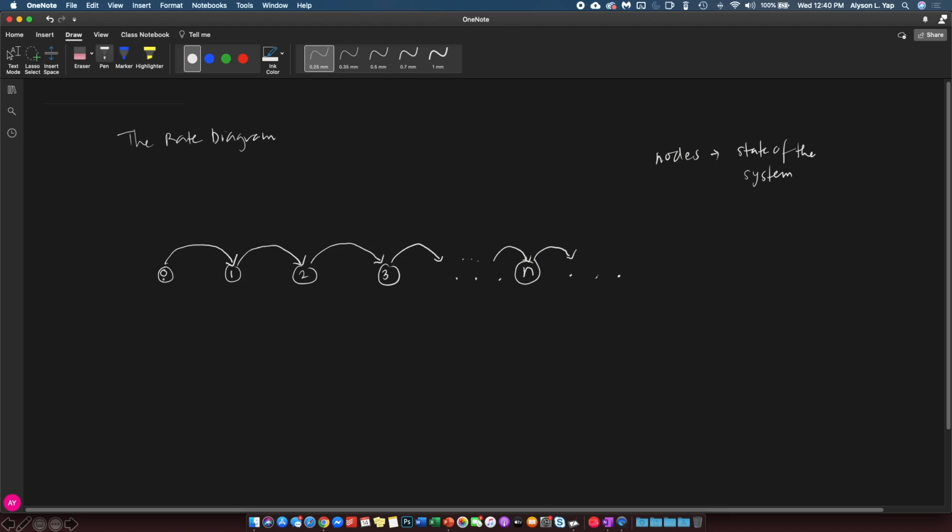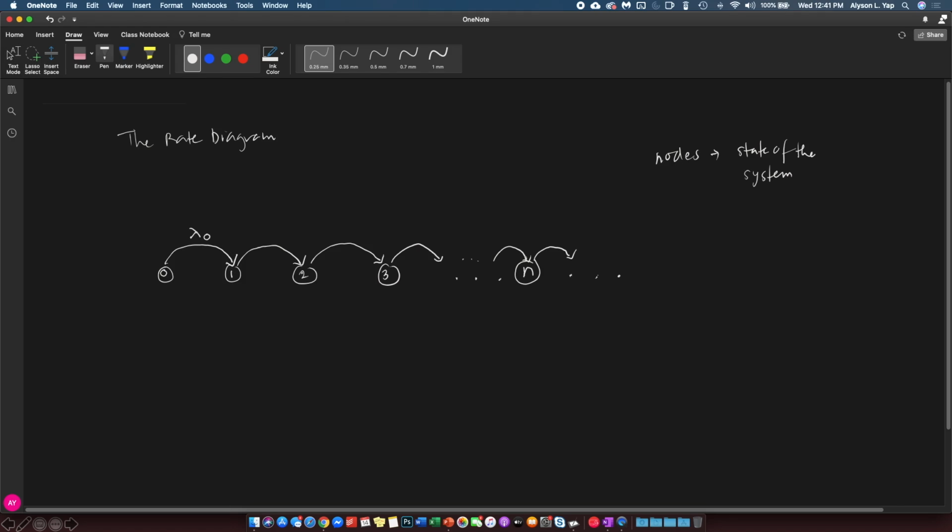Now, from a state of 0 to a state of 1, as I mentioned a while ago, a birth happened. And in this case, at what rate does your queuing system move from a state of 0 to a state of 1? In this case, the rate at which your system moves from 0 to 1 is the arrival rate, but given 0 customers inside the system.